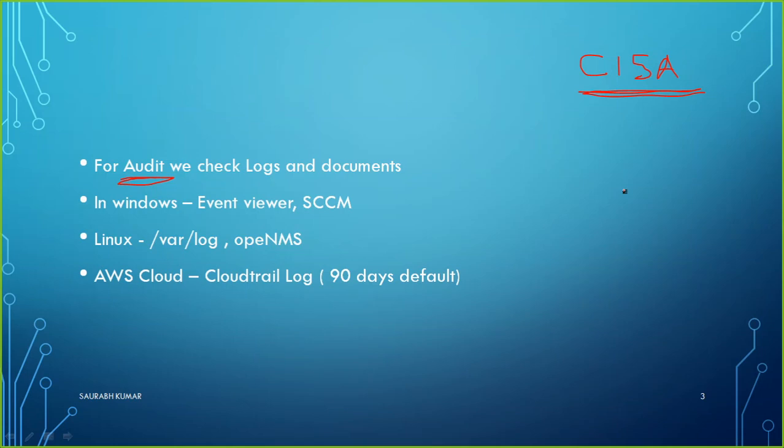Similarly, when we talk about auditing a system, we have to look at how many total systems you have, which type of operating system you are running, how many devices, whether your devices are running well or not, whether your operating system is performing well or not, whether they are licensed, not licensed, or free edition, what applications you are using, plus how many total user accounts you have, which user account has what kind of permission, whether anybody made any kind of mistake before, which user logs in at what time, which user logs out at what time, which user has created any other object in any of the OUs or something.